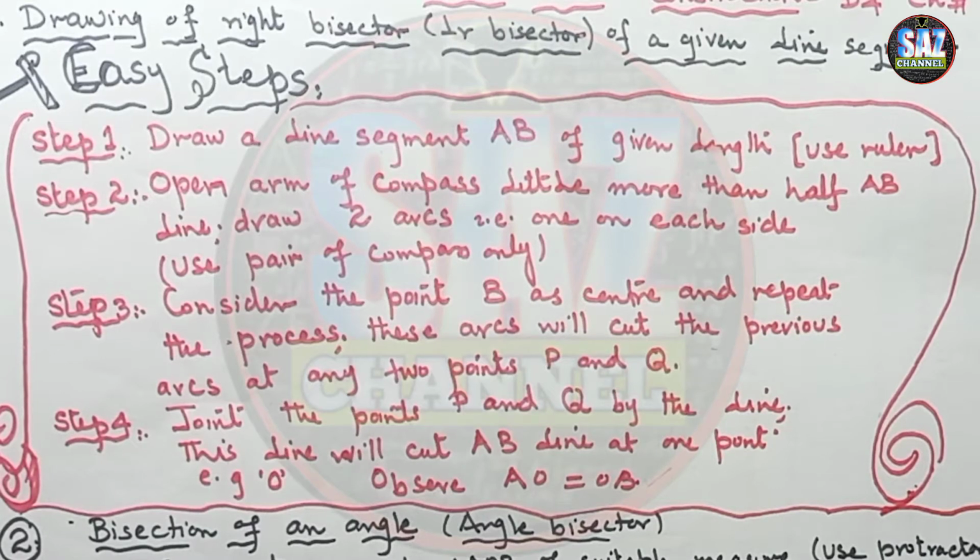For O-level students, they are not supposed to write these steps, but for PTB students, they have to first construct the perpendicular bisector or angle bisector. They have to do the construction first, and they have to explain each step one by one. Here I am giving the steps of construction in the beginning, so that we can have a good grasp about the general steps, so that my students should not find difficulty in writing these steps of construction.